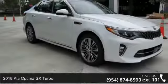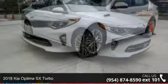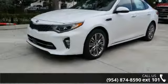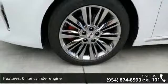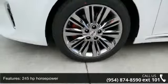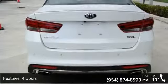Check out this Kia 2018 Optima SX Turbo. If you are looking for a first-rate auto, this one could be yours today. Some of the top features included with this vehicle are a 2.0-liter 4-cylinder engine, 245 horsepower, 4 doors, 4-wheel ABS brakes,